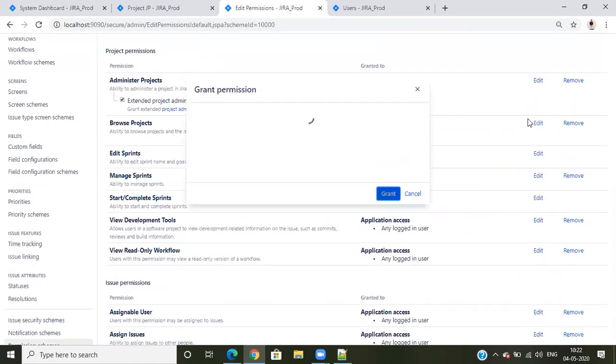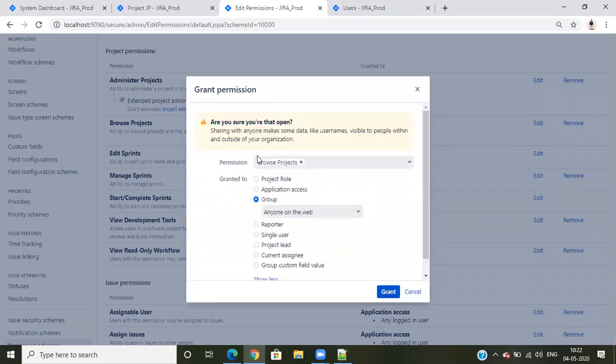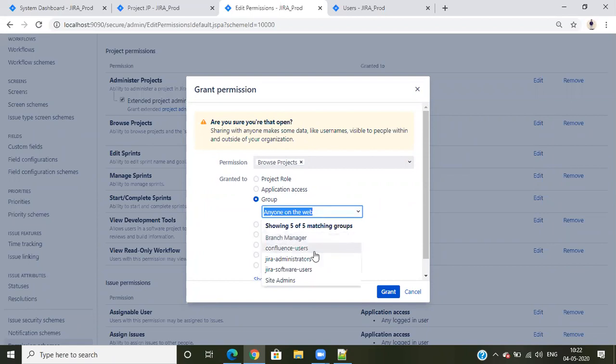in these edit options, can I give access to groups? So we have group level permissions as well. Yeah, so I can give access to my group people, like software users and site admins, all those persons I can give it to.